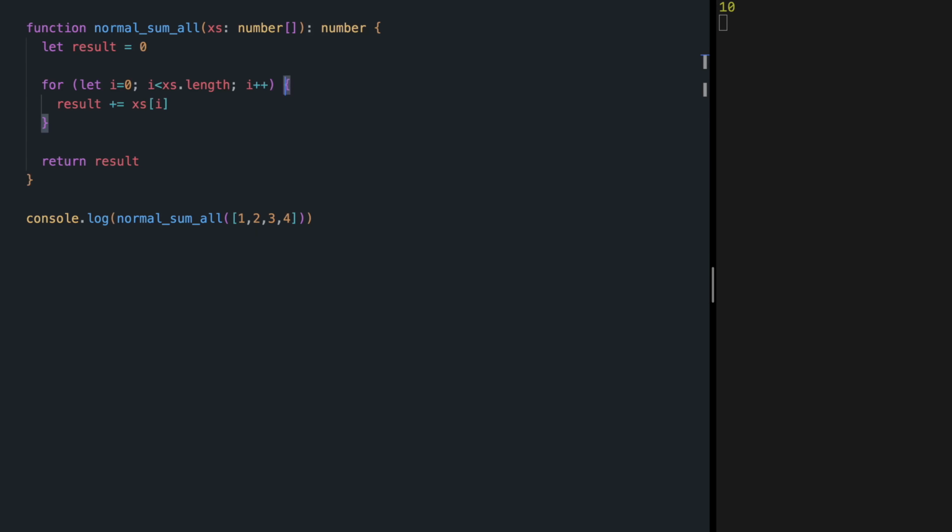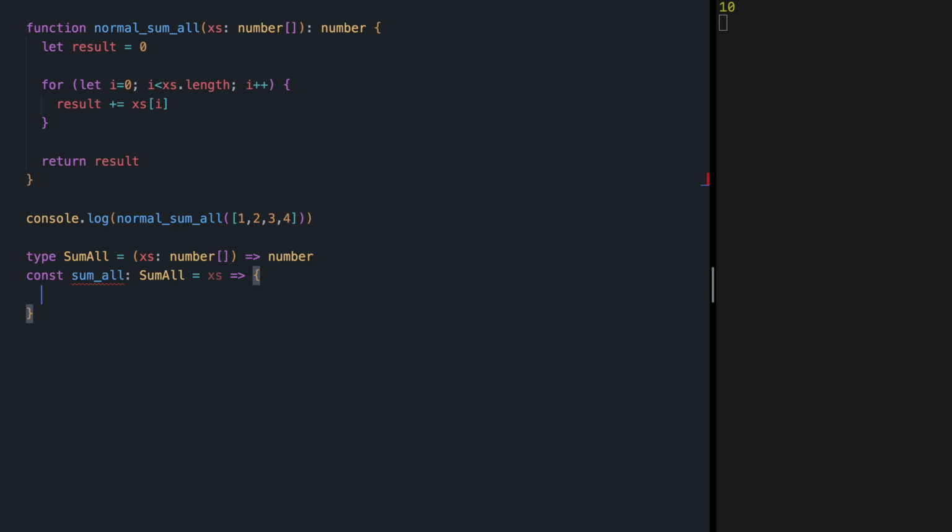But as I mentioned, in functional programming, we don't have loops. We don't have for, we don't have while, and we don't do mutations. So how can we write the sumAll function without these tools? The answer is with function recursion. So first, let me try to define the sumAll type. It's going to receive a list of numbers, and it's going to return a number. Our sumAll function of type SumAll is going to receive a list of numbers, and it's going to return this.